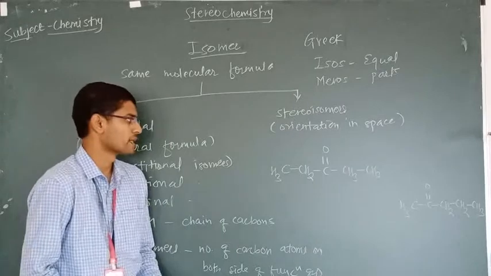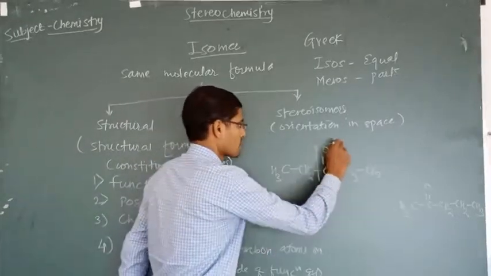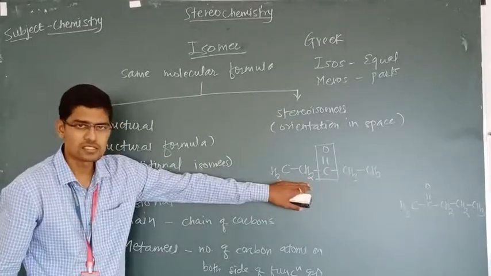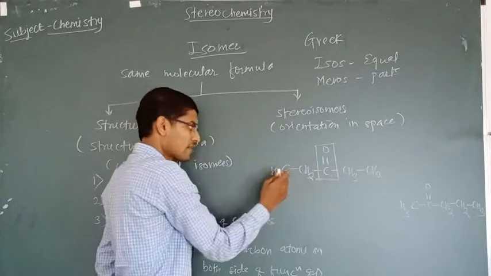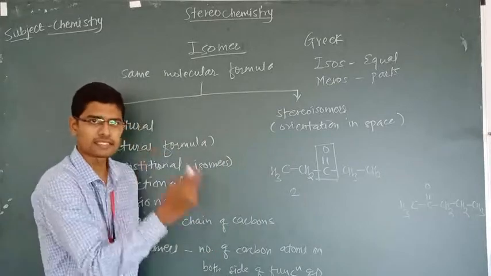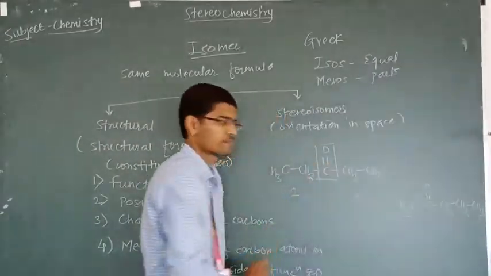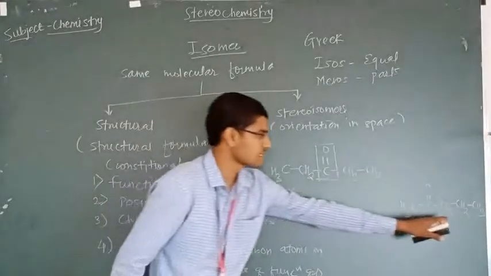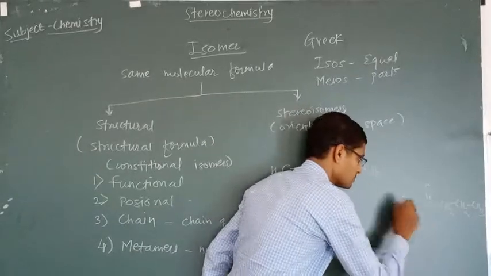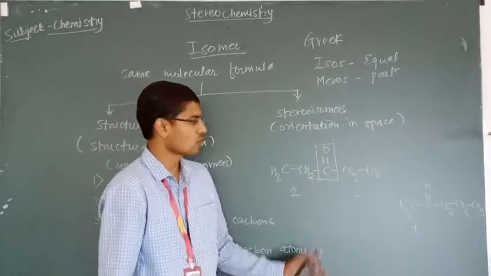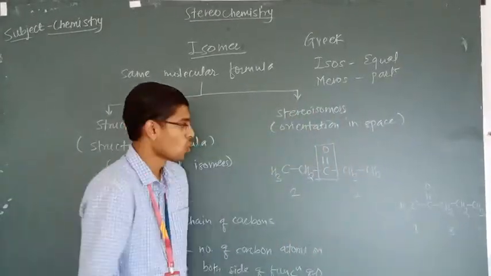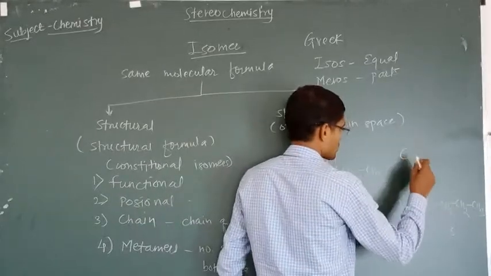3-pentanone and 2-pentanone. Here this is my functional group, the carbonyl group, the ketonic carbonyl. In the first structure, the number of carbon atoms on the left side of the functional group is 2, and on the right side of the functional group they are again 2. In this structure, the number of carbon atoms on the left side of the carbonyl carbon is 1 and on the right side of the carbonyl carbon is 3. That means both have the same molecular formula